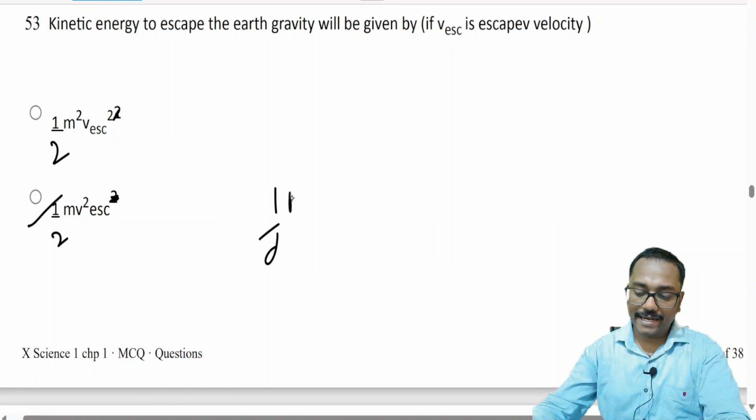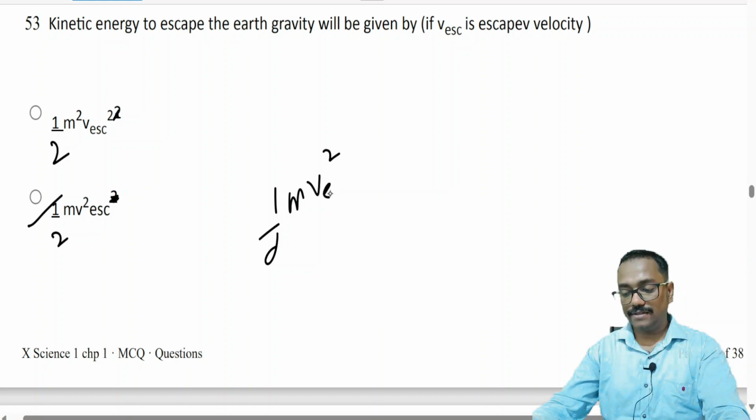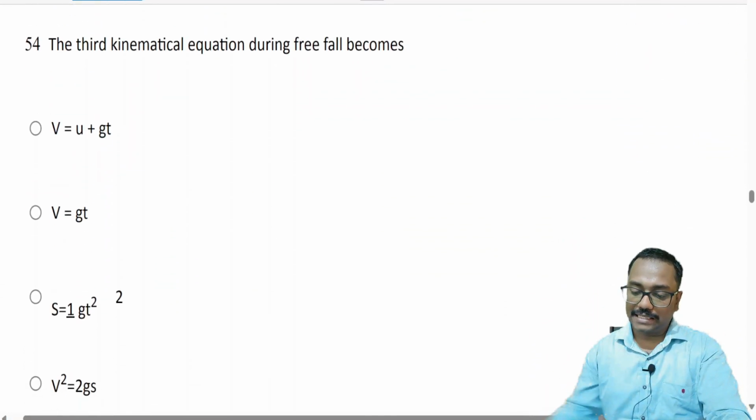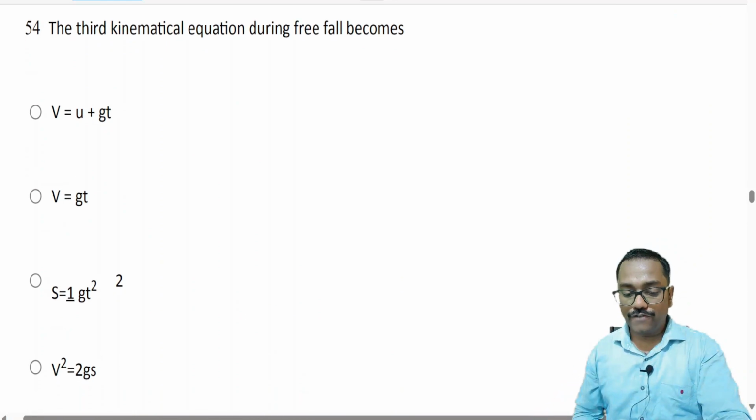Same as kinetic energy, half mv square. In place of v we have to write, that means you have to give extra information of velocity that it is escape velocity. 54th question, the third kinematical equation during free fall becomes v is equal to u plus gt,